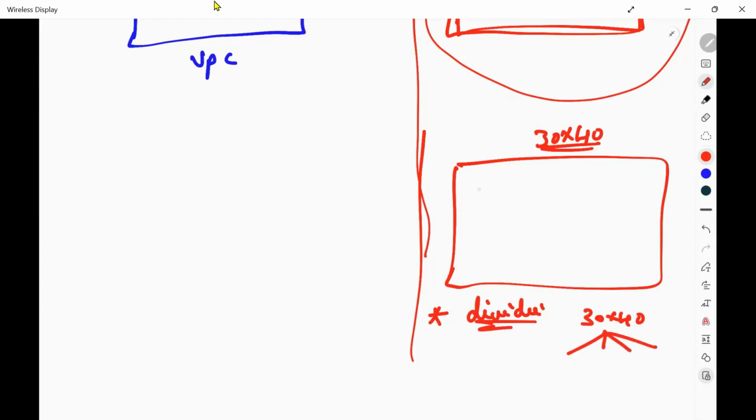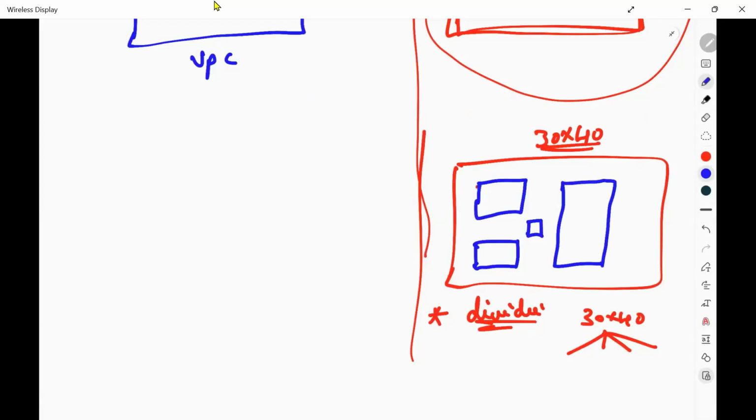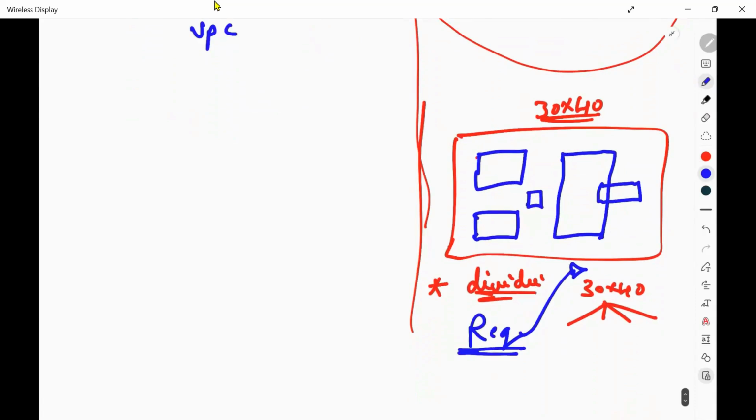That means I want one room here, a private room. I want another room for my kid. I want a private washroom or bathroom here. I want a hall or something here, right? And this is where my entry is. This is how you are going to divide your home, right? Based on your requirement, you are going to divide your house. Just apply the same thing here.